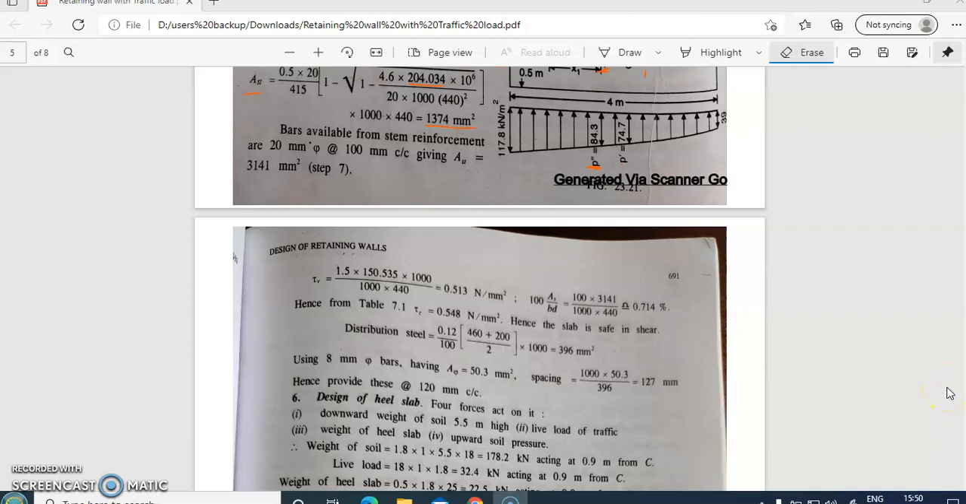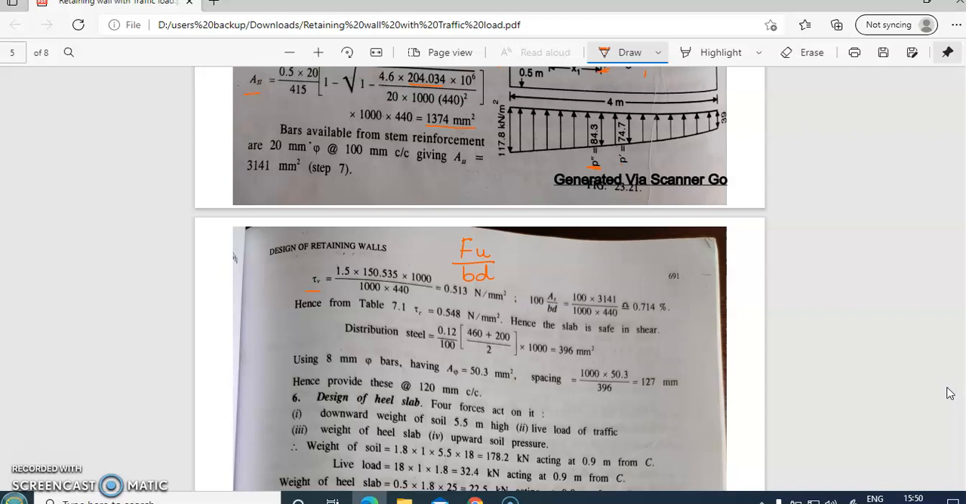We have seen how to provide reinforcement in the toe slab. So now let us find out how much shear stress the toe slab experiences, and that is given by tau V. The formula is Fu upon BD, where Fu is the factored shear force. So the shear force is